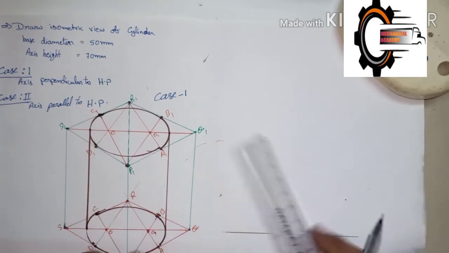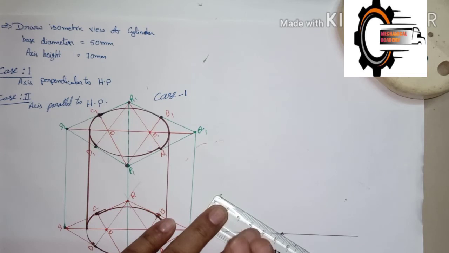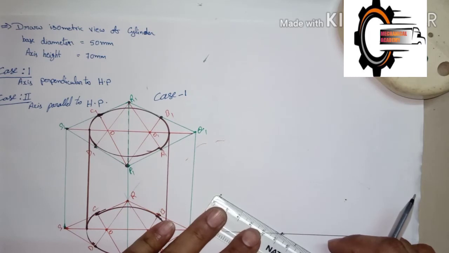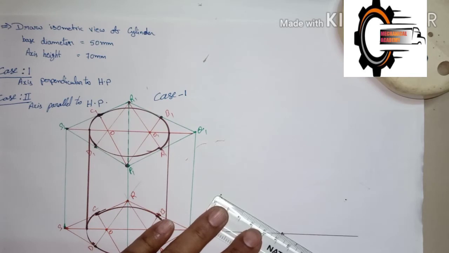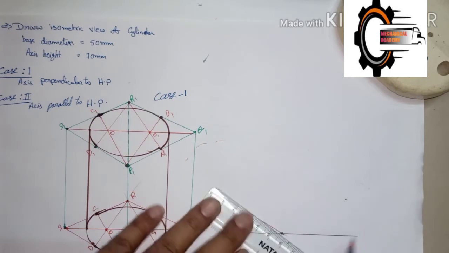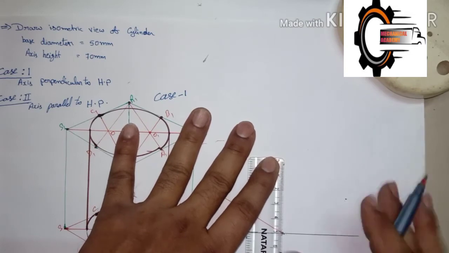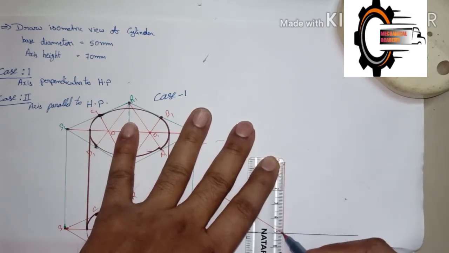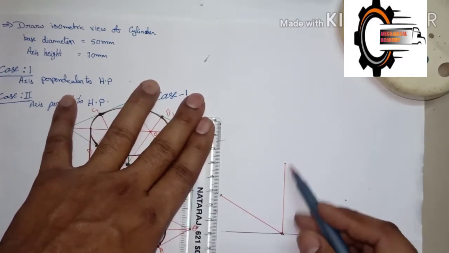So for that, first of all draw the rhombus over here. Here we have taken the y axis and the z axis, sorry, not the x axis. The distance is 50 mm. Now this is the z axis. Now I am going to draw the y axis from here, like this. So this is the y axis, also 50 mm. Similarly we draw another line which is parallel to the y axis.